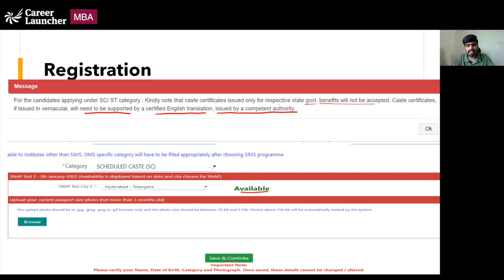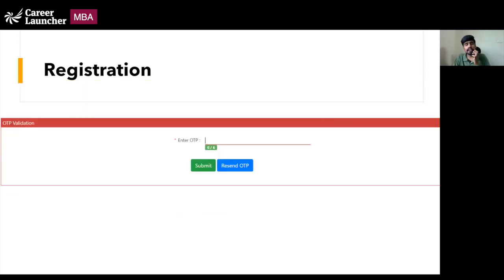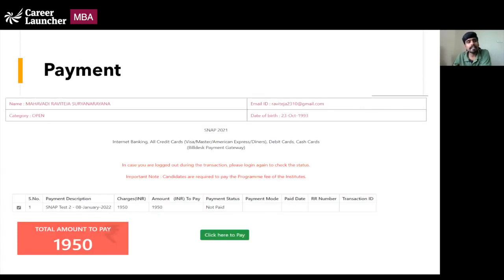It will ask you to save and continue this form. Clicking on that, the portal will send an OTP. Snaptest.org will send a 6-digit OTP to your registered email ID, and you'll have to fill in that OTP. Submitting that, it will open directly the payment gateway. I think Snap is the easiest form to fill because it is a zero nonsense form. Zero nonsense. Directly gets into the payment. Chalo, kaam se kaam aate hain.